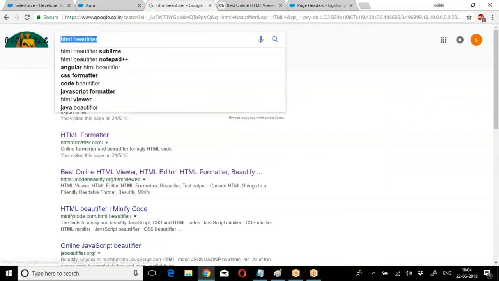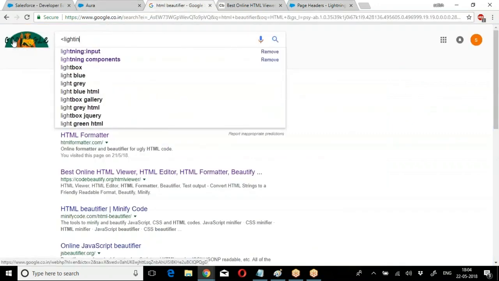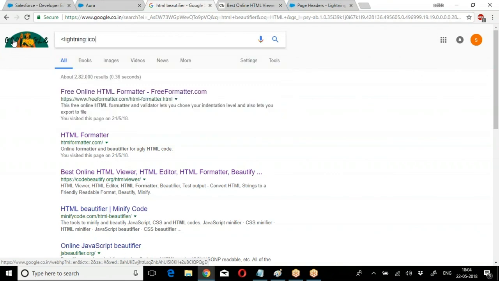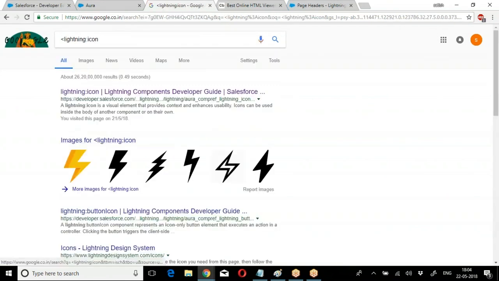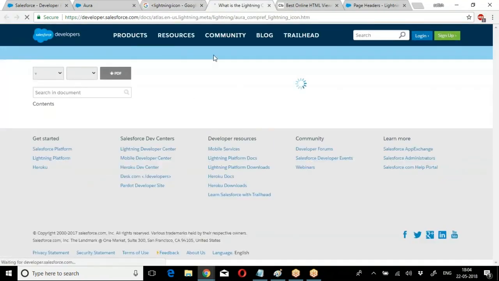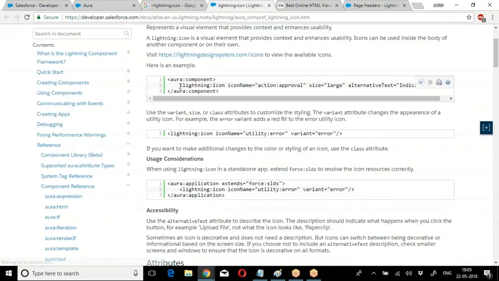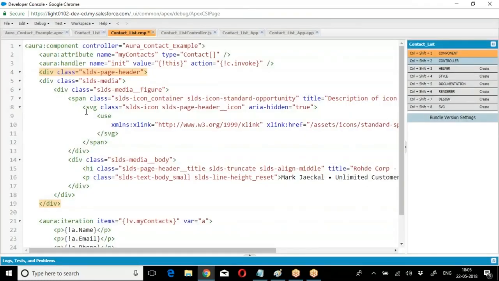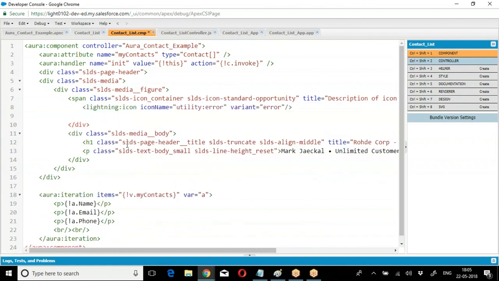So how to use your own icons? Again, there is an attribute called lightning icon, using which we can go for it. So how will this icon be created? Lightning component. So what should I do? I have to remove this SVG because it's not going to be supported. The source is not supported by my organization. So what I did? I removed this SVG, creating